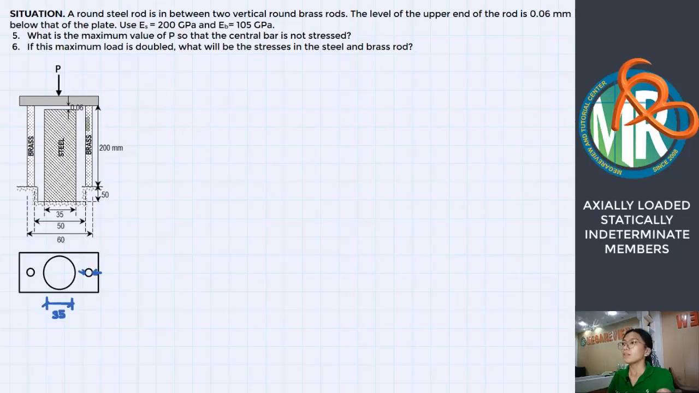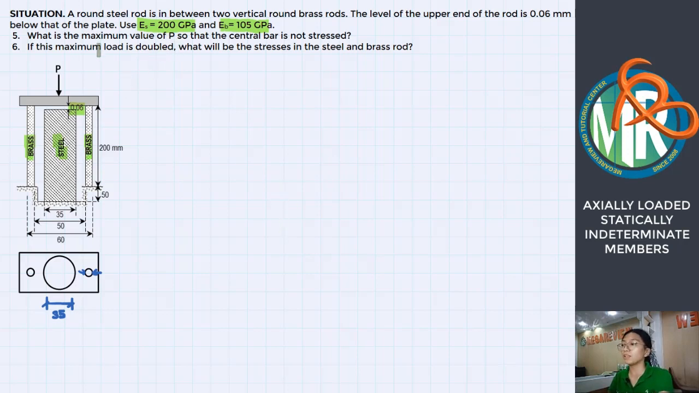A round steel rod is in between two vertical round brass rods. The level of the upper end of the steel rod is 0.06 millimeters below that of the plate. Use the modulus of elasticity 200 gigapascal for the steel. For the brass is 105 gigapascal. What is the maximum value of P so that the central bar is not stressed? Before